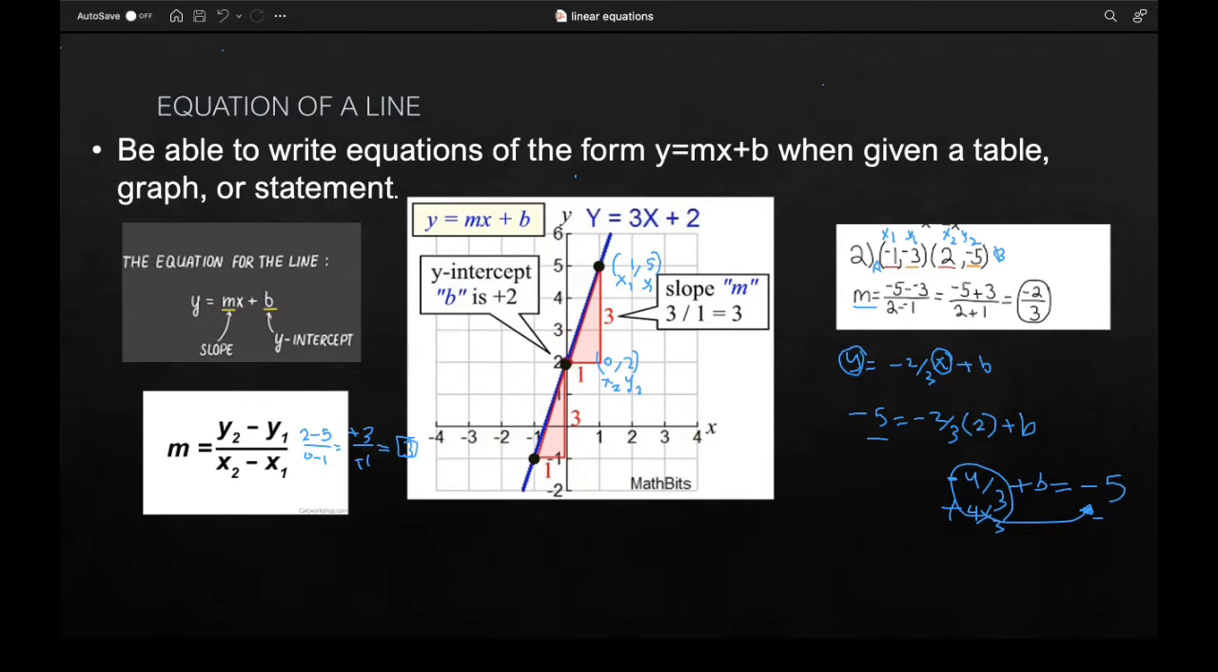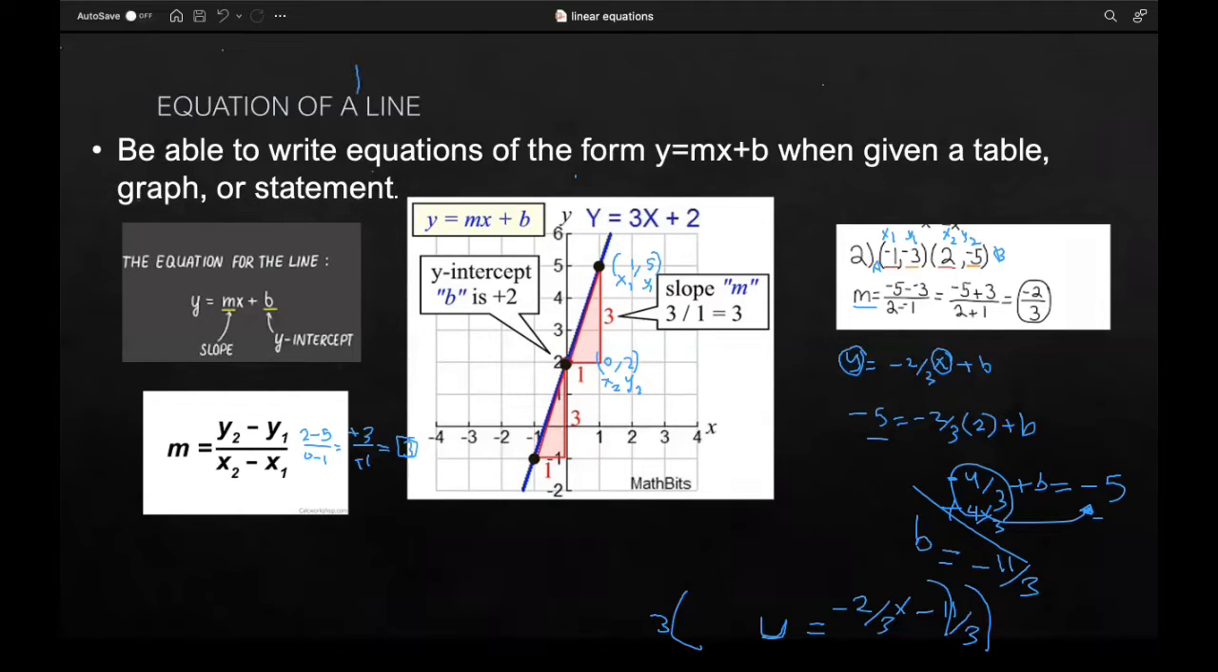B will give us negative 11 over 3. Thus, the equation of the line is y equals negative 2 over 3x minus 11 over 3. Now, you can simplify this equation instead of the fraction simply by multiplying the whole equation by 3 to get rid of the denominator. So now you have a constant